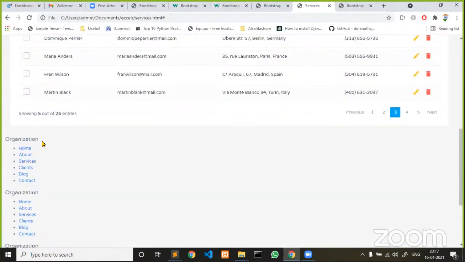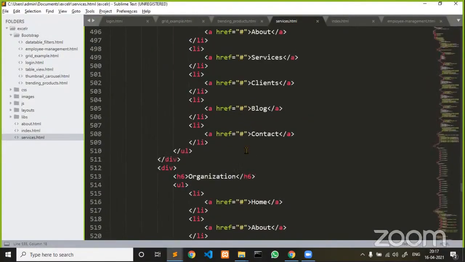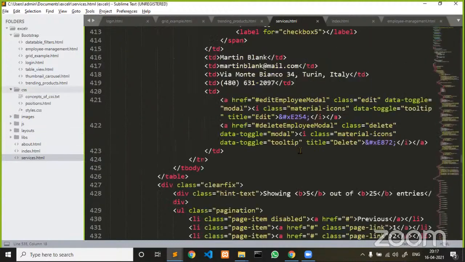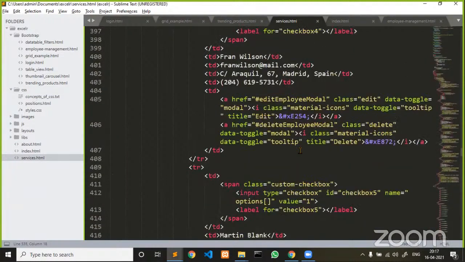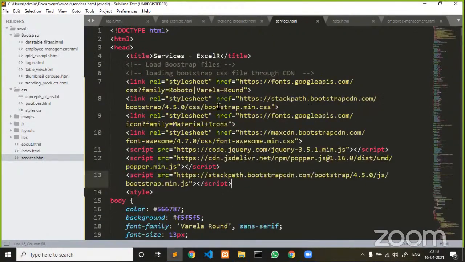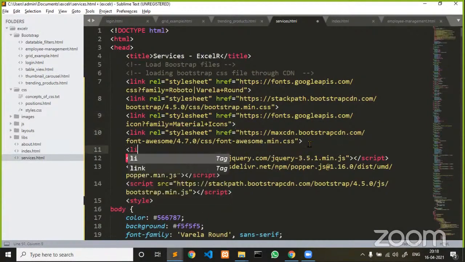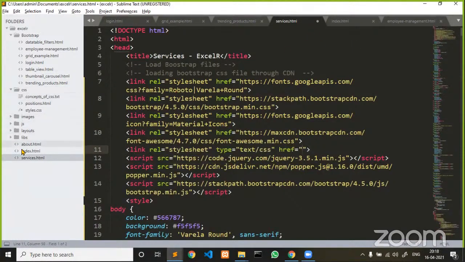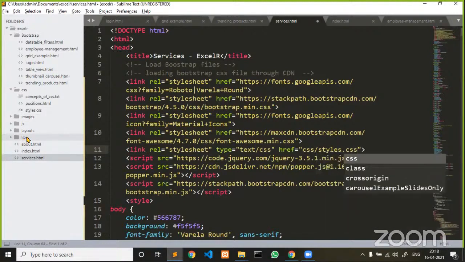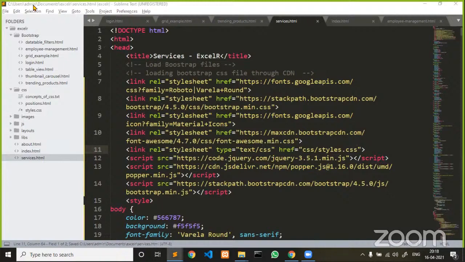Now some sort of CSS is missing, I guess. So to add the footer CSS, which is in style.css, this style file I am supposed to add back to my HTML page. How can I add my styles? You see here, after the link, I'm linking my page to the CSS styles. This is where all the CSS rules with respect to the footer are located. Go back and reload.